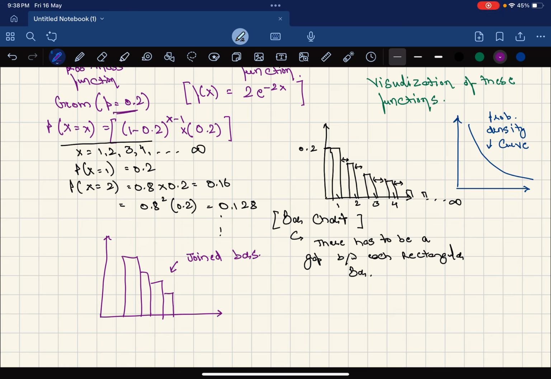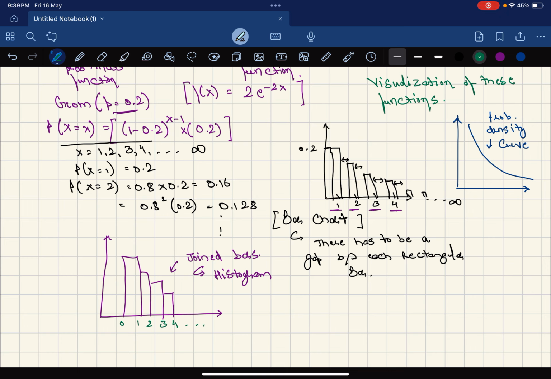And why? So how is this different from a bar chart? This is actually called a histogram. And what we do here is, instead of looking at discrete values like 1, 2, 3 and 4, we look at ranges here. So we look at a range of values. So let us say we are looking from 0 to 1, 1 to 2, 2 to 3, 3 to 4